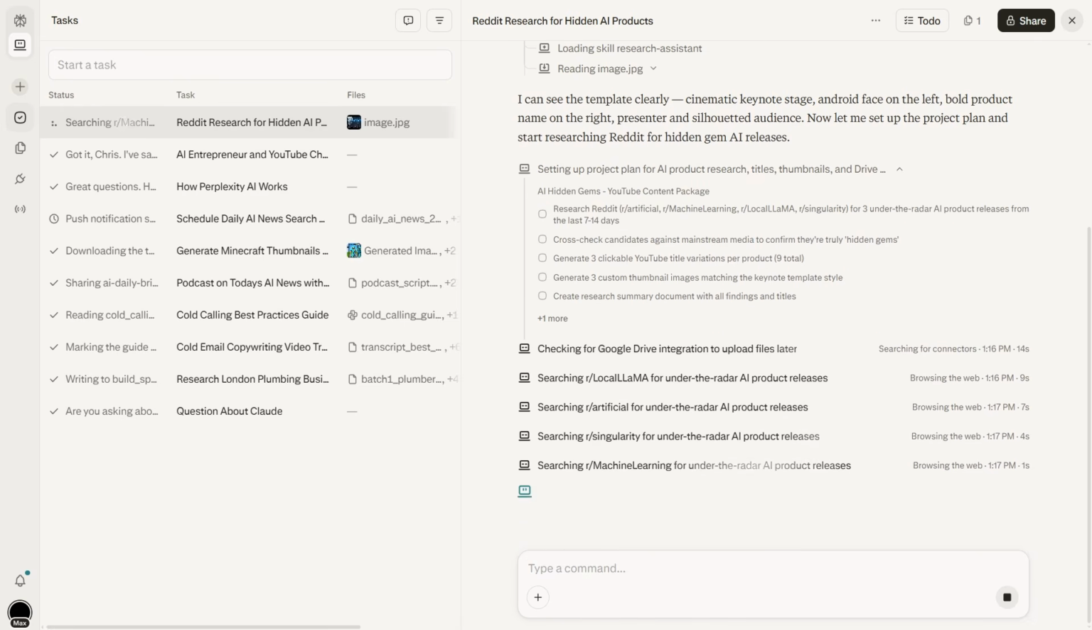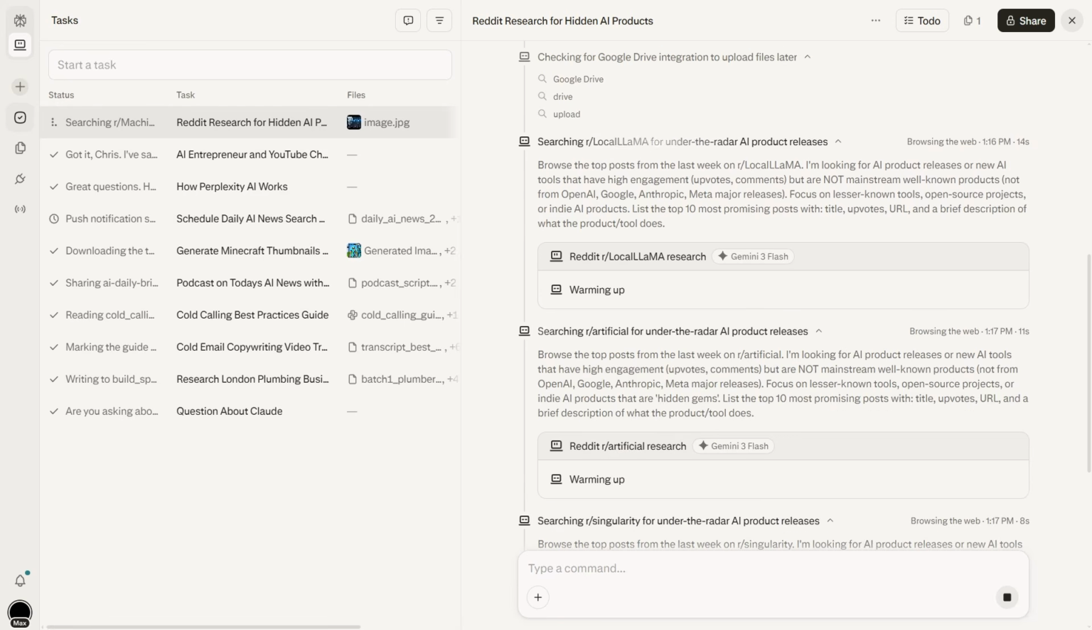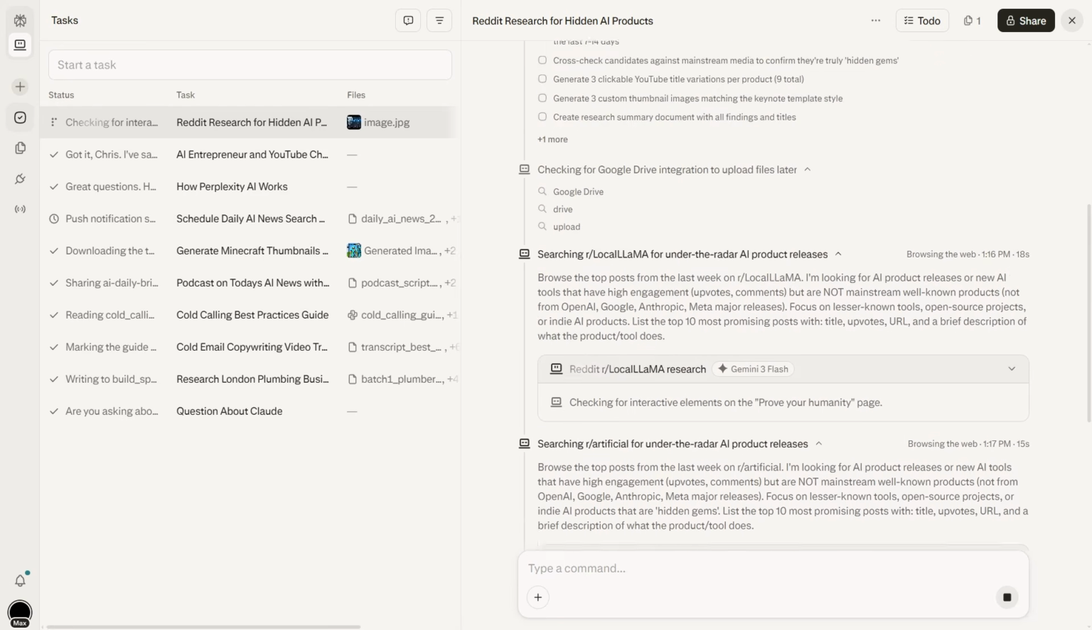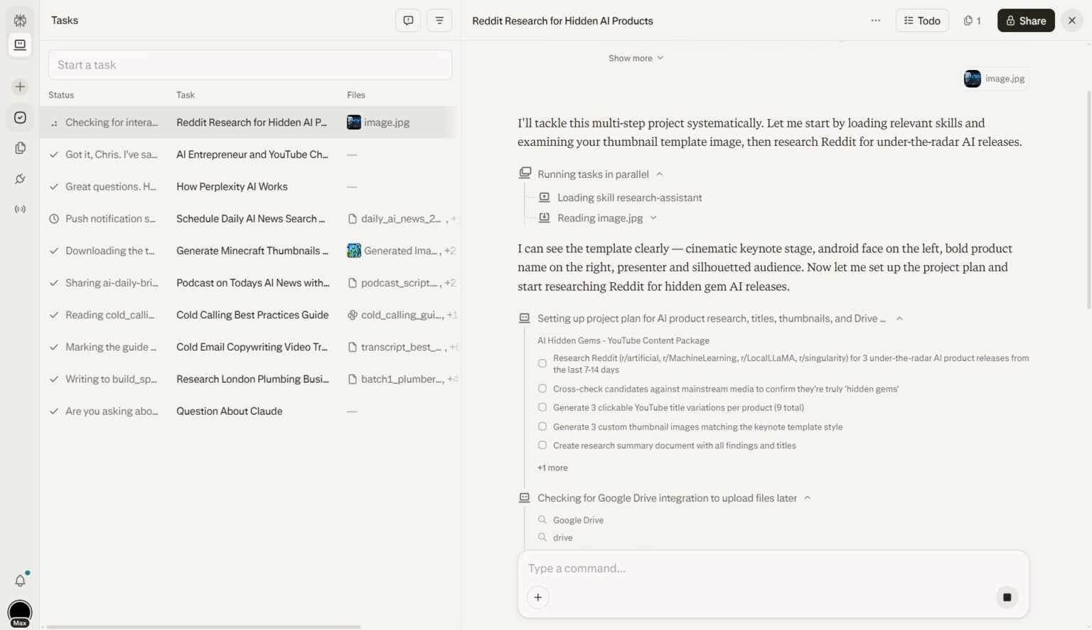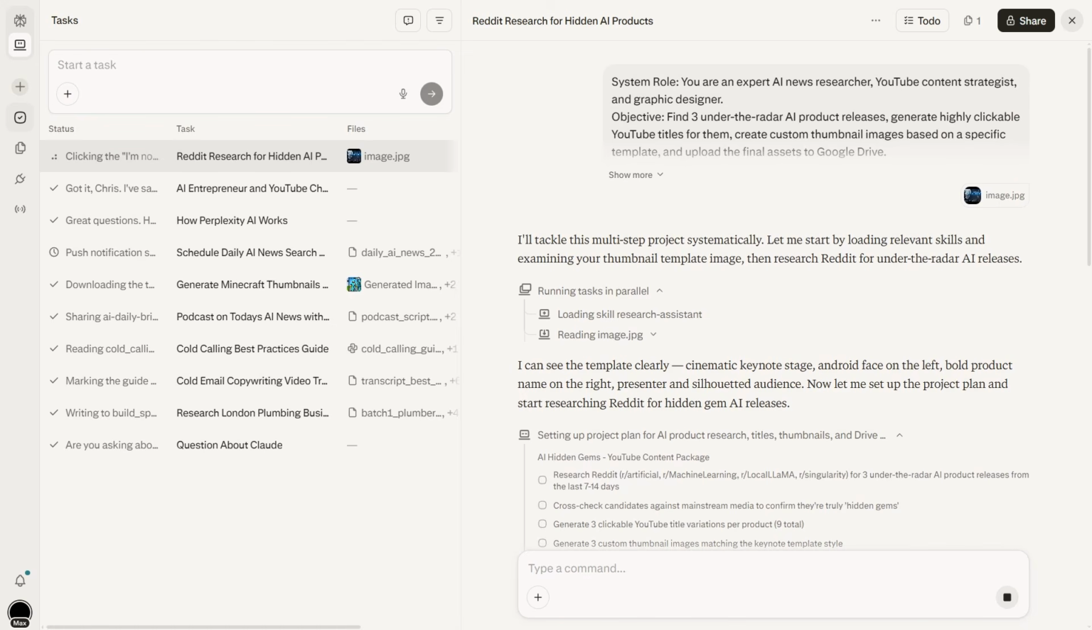So whilst one agent is checking the Google Drive to upload files, one agent is checking this subreddit, another one is checking the other Reddit, another one, like there's just so much going on. And this is just super, super useful. And what makes this super cool is that even if you wanted to go ahead and do a separate task, you can run many different